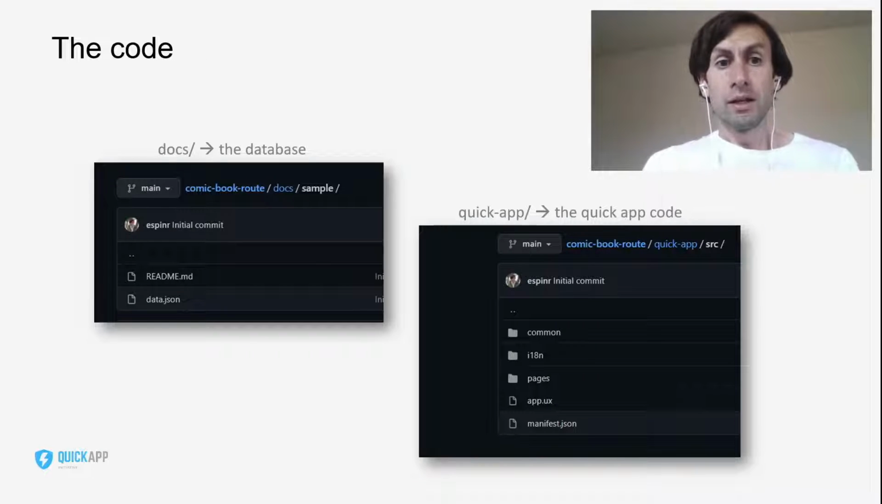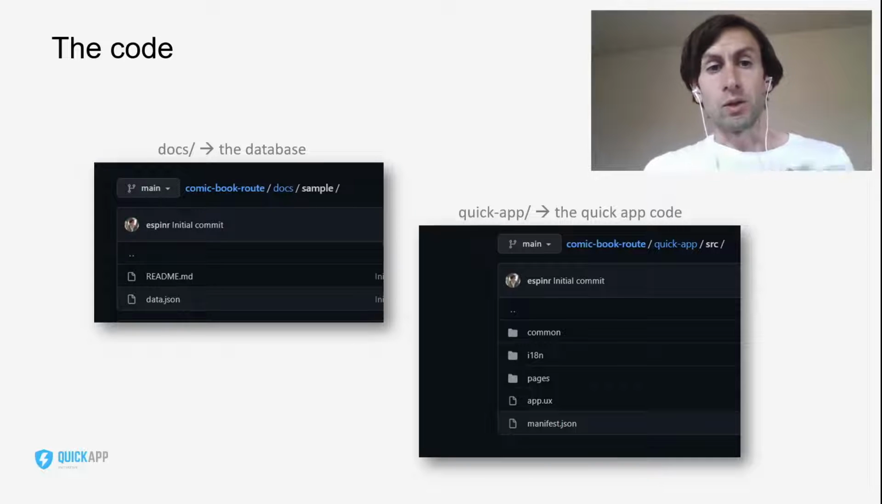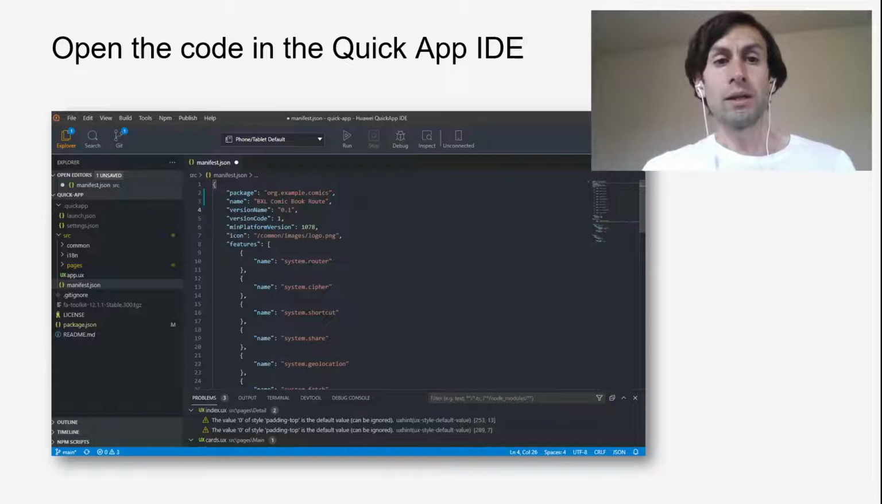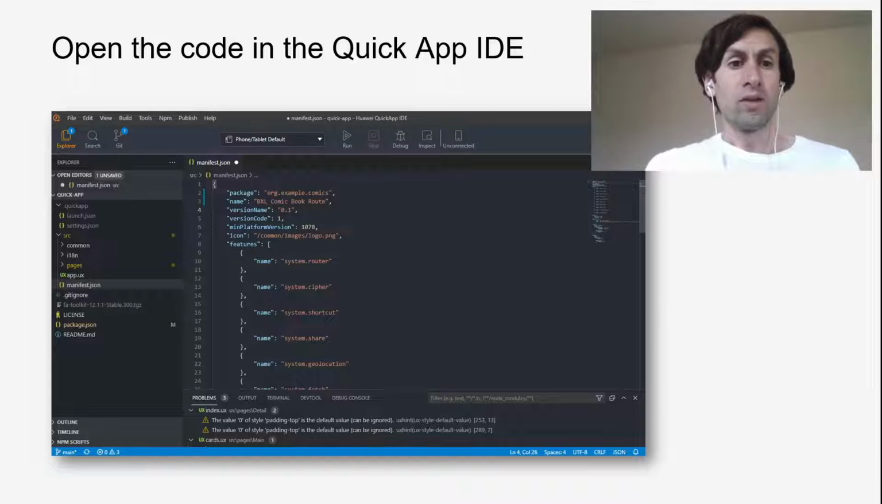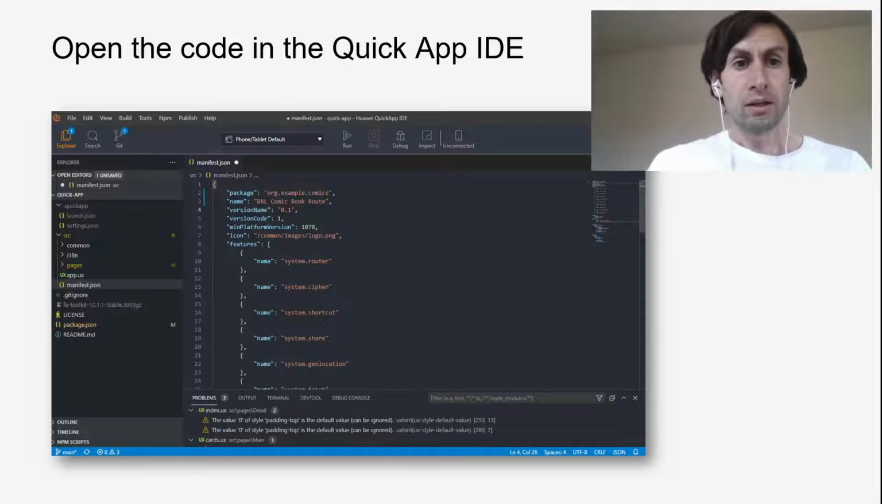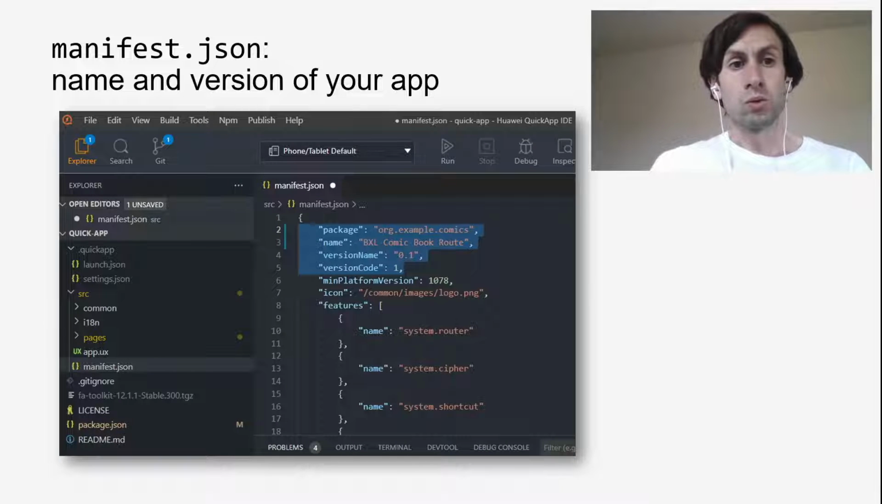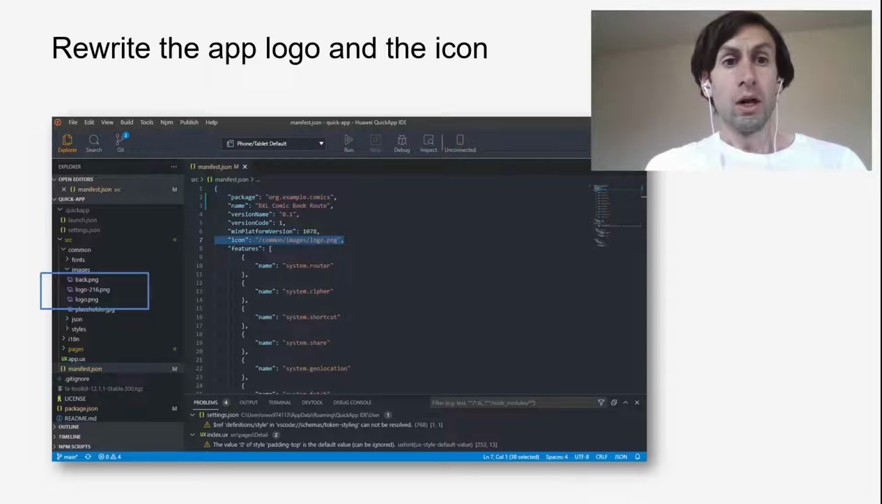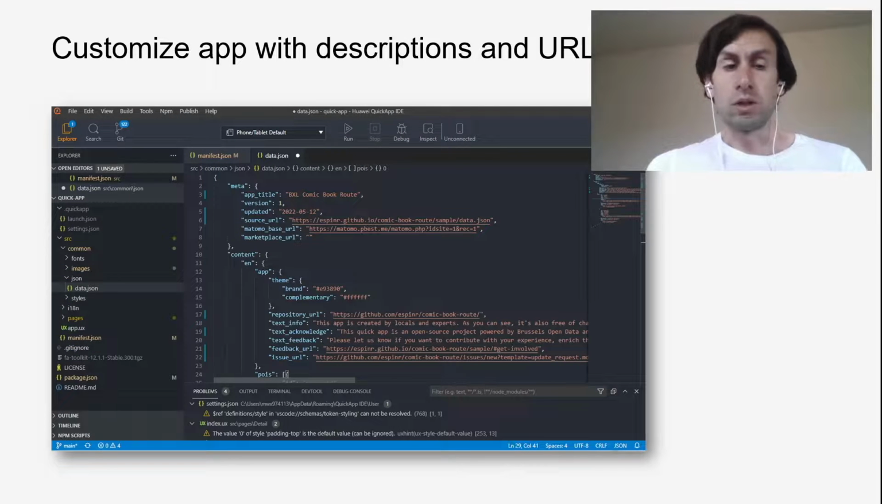You will find the database under the docs folder, and also the Quick App code. Open the code of the Quick App in the Quick App IDE. You will find something like this, and the only thing you want to modify at the beginning is just the manifest. Also, you want to rewrite the app logo and the icon, the descriptions, the attributions,